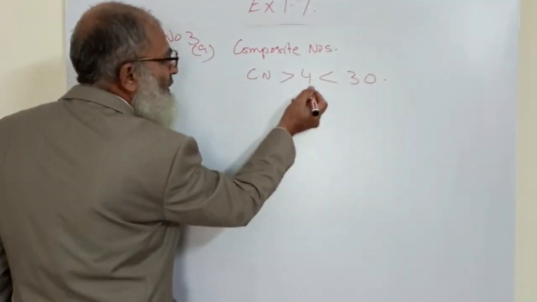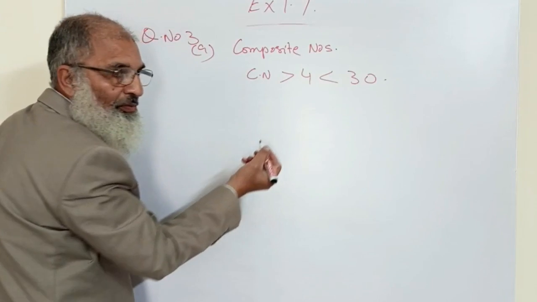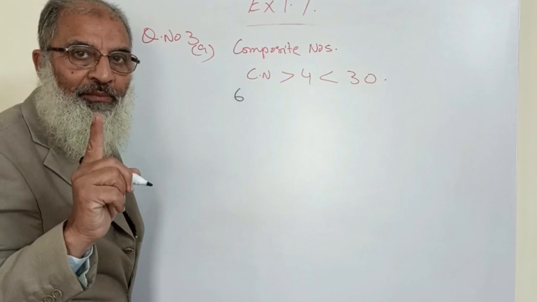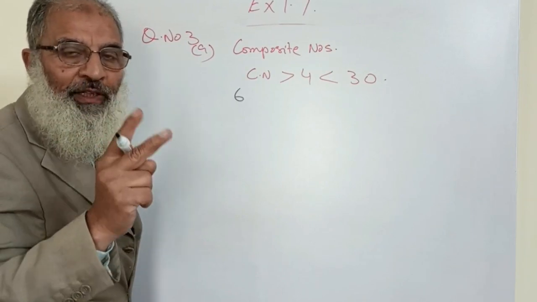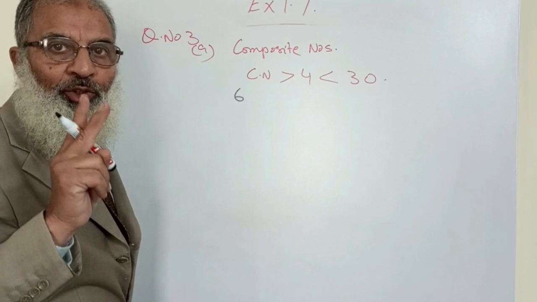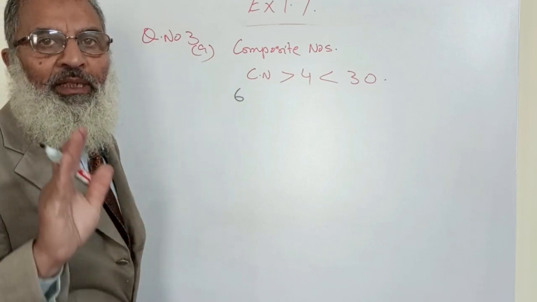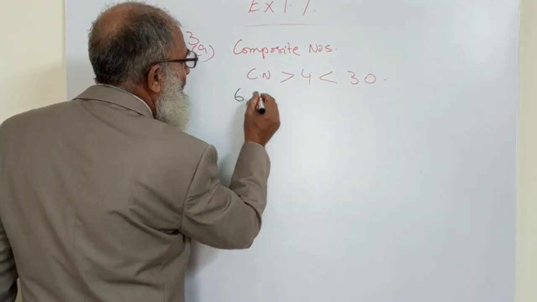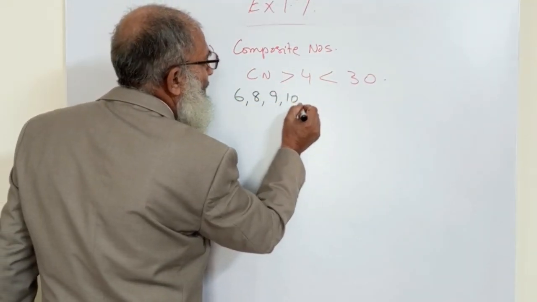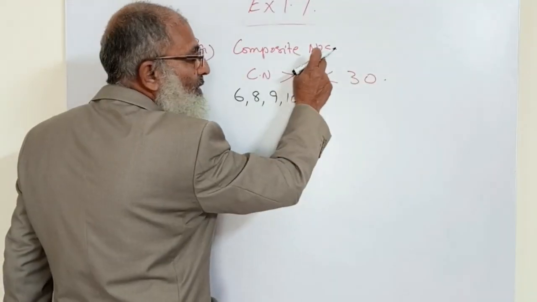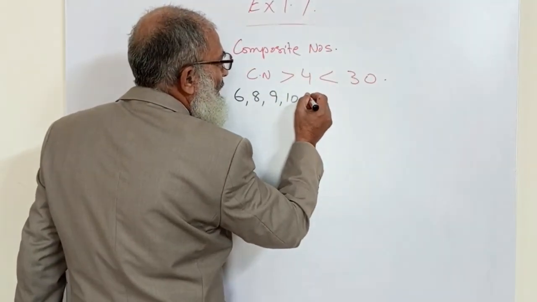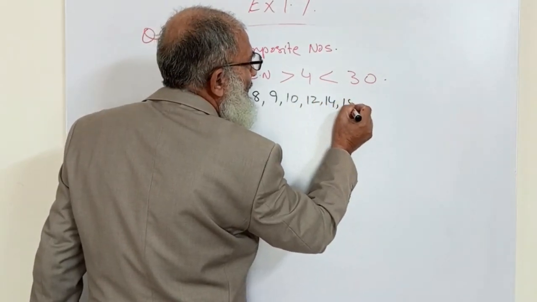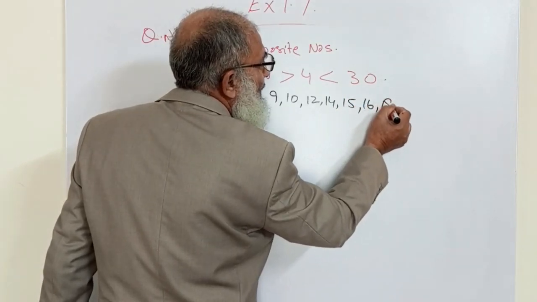So the first composite number is 5. No, 6. Because 5 is a prime number, and a prime number has only 2 factors. And when there are 2 factors, that is not a composite number. That is a prime number. So 6, not 7, 8, 9, 10, 11 again is a prime number. 12, 13 again is a prime number. 14, 15, 16, 18,